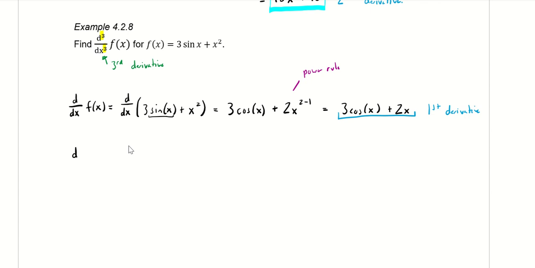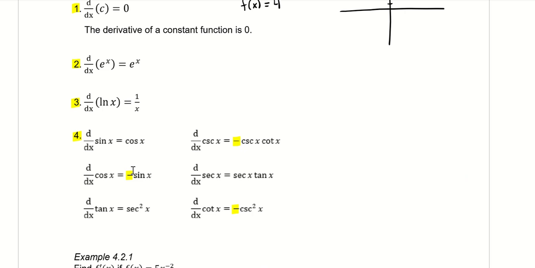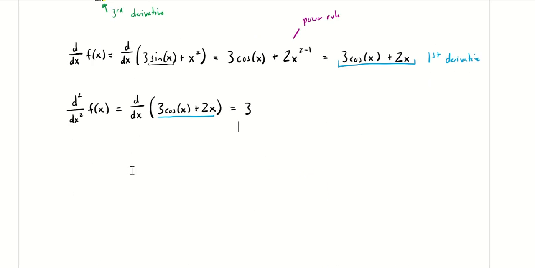Second derivative of my function is the derivative of the first derivative. So the derivative with respect to x of 3 times the cosine of x plus 2x. So derivative of my first derivative, which is going to be 3 times the derivative of cosine of x. What's the derivative of cosine of x? That's the one we need to be careful about. That's negative sine of x. So I'm going to have 3 times the negative sine of x